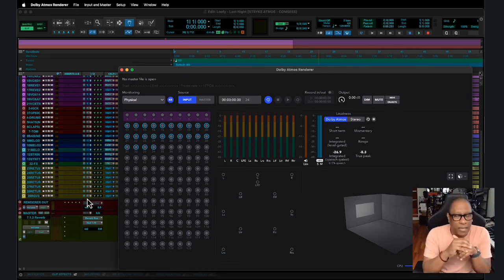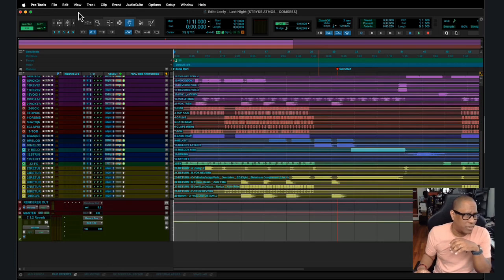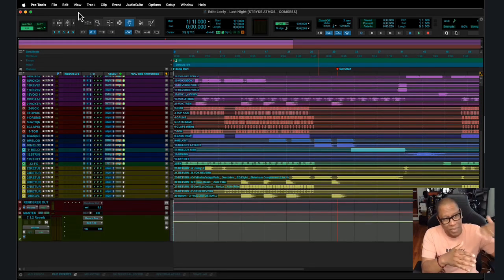Now, that plugin can be placed on any track in the session. It really doesn't matter where you put it, because it has no specific interaction. It's really just metadata, or information, that it's pushing back to the renderer. So you can actually add it to any track in your session. Again, it won't affect any of those tracks. However, because we're all fans of good session etiquette, what I'm going to recommend we do is put that on